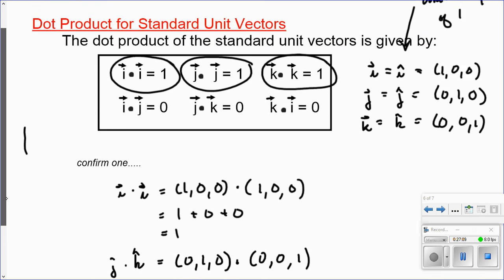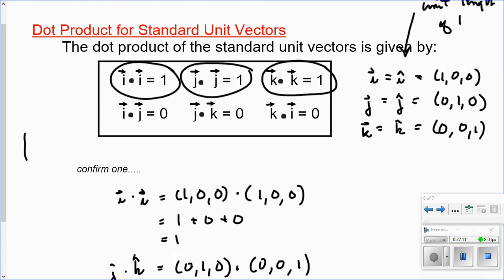i dot i is equal to 1. j dot k is equal to 0. We'll save that for our analysis in chapter 8 of Cartesian planes. So enjoy. I thought that one was going to be a shorter one, but it wasn't, but that's okay. Enjoy the homework, and we'll get back to it in another